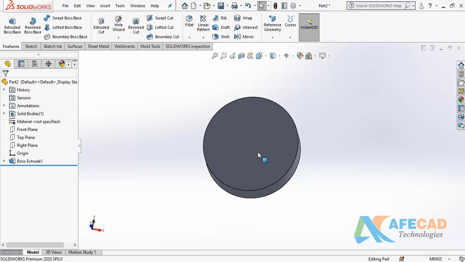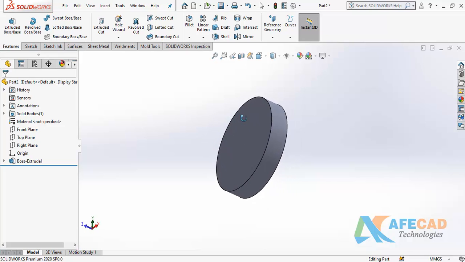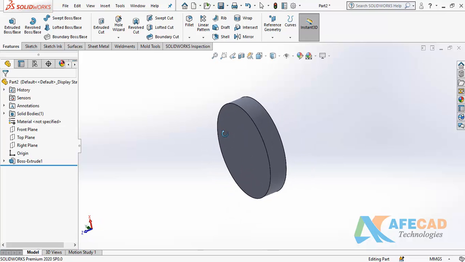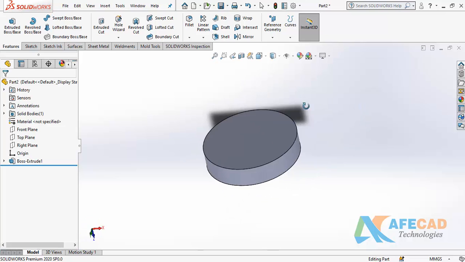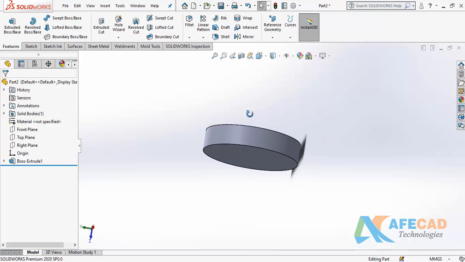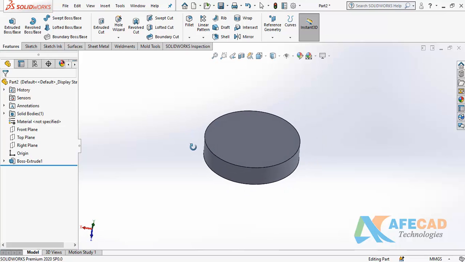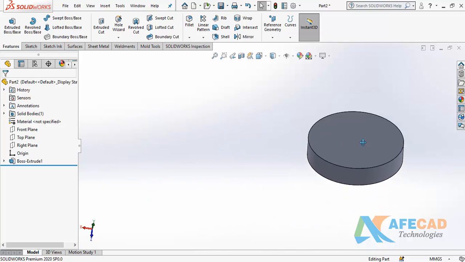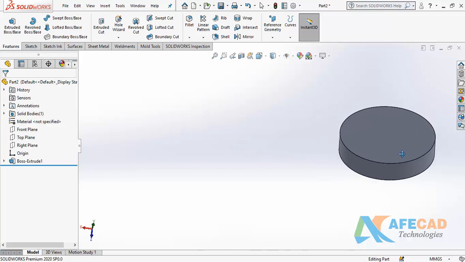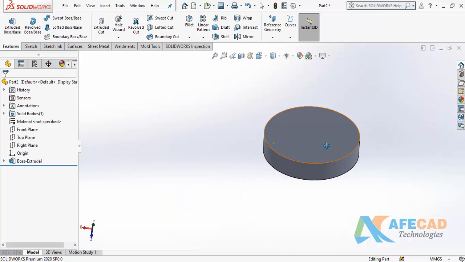If you want to orient, press the middle mouse button, then move your mouse left or right, and you will get orientation, or you can say rotation. If you want to pan, press the Ctrl key, press the middle mouse button, then you can pan. So these are the functions of the mouse we will use in SolidWorks, in Sketcher, in the part module, or in assembly. It is the same, it will not change.